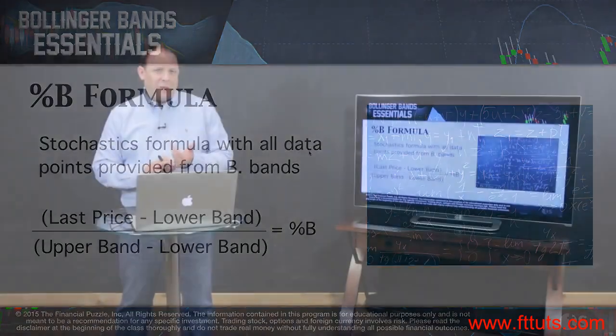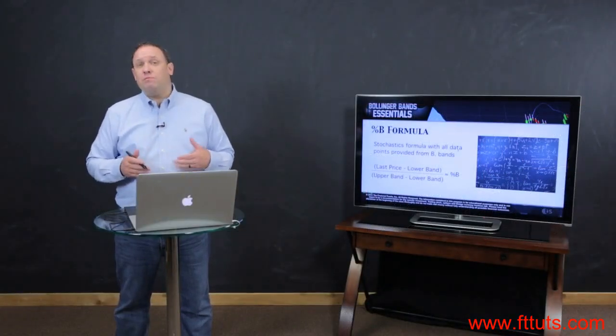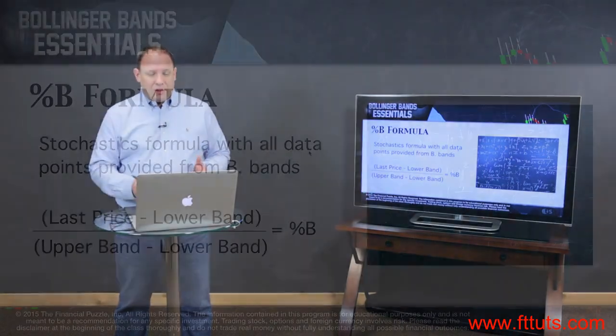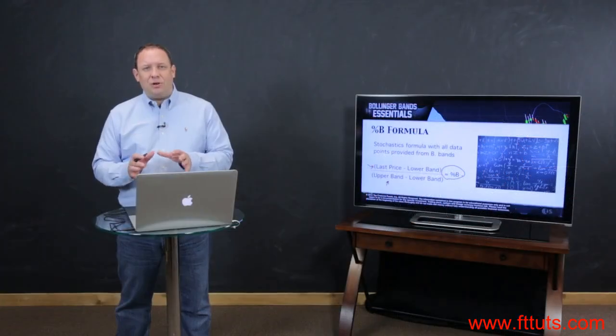When we think about the formula for the percent B, it's actually a formula that you might be familiar with. Here's what it looks like. It's the last price minus the lower band divided by the upper band minus the lower band, and that equals the percent B. Now, if you are familiar with stochastics, you're going to recognize that this is actually the same